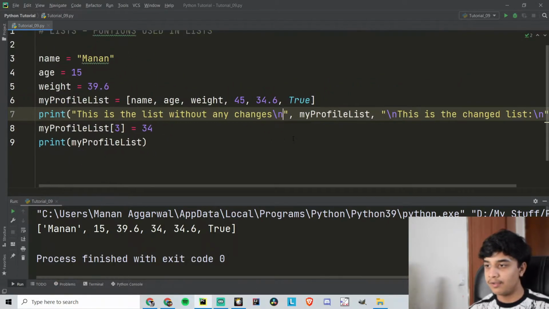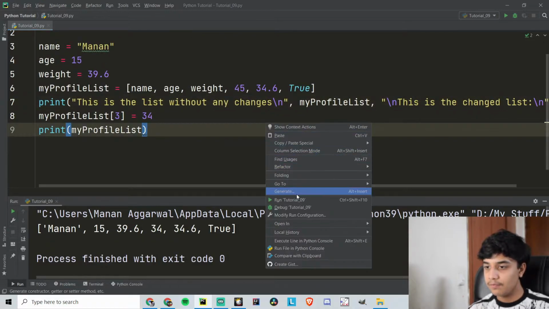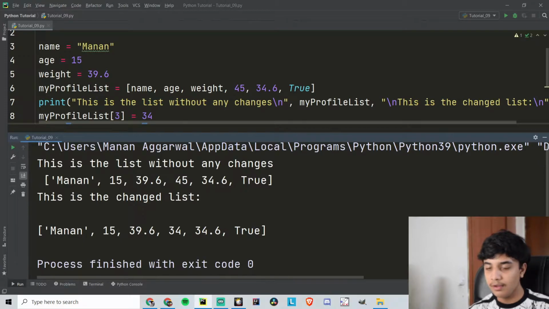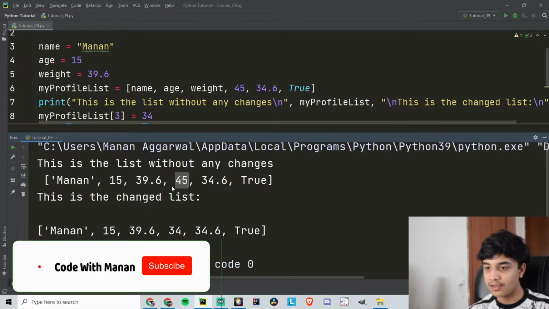This is how I use escape sequences. Now see, I have printed it so beautifully. This is the list without any changes, that is, the value is 45. Now the list after change is 34.